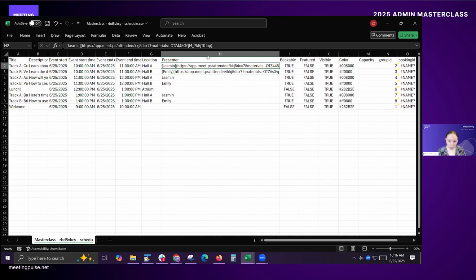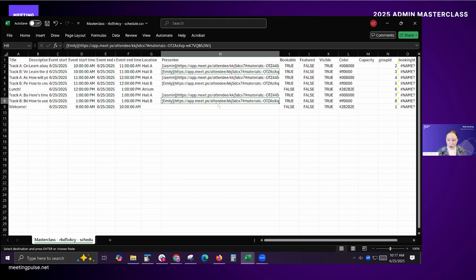So what I can do here is I can copy this, paste it, and paste it. Now that I've done that, I can easily upload it with these corrected